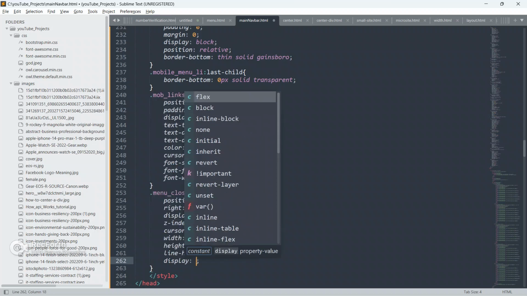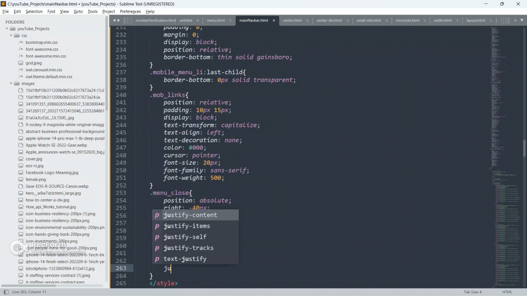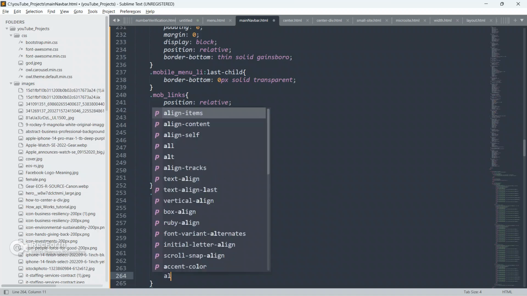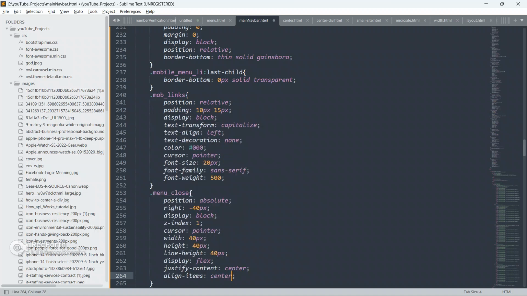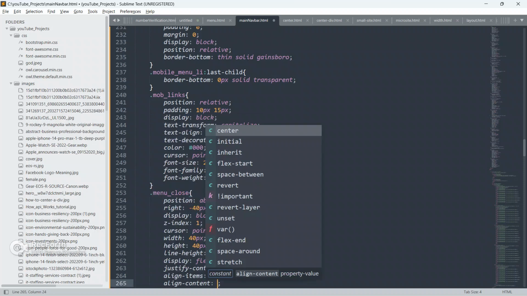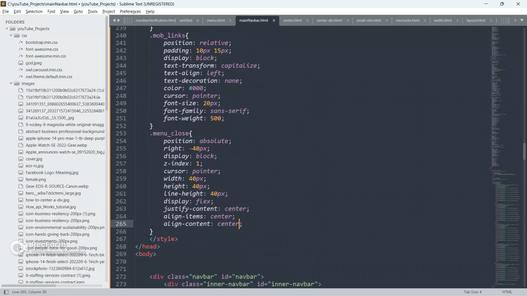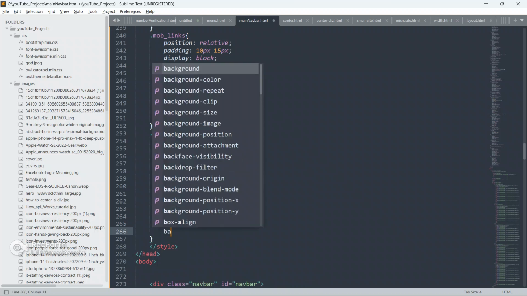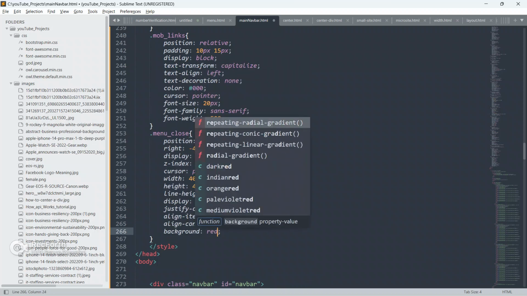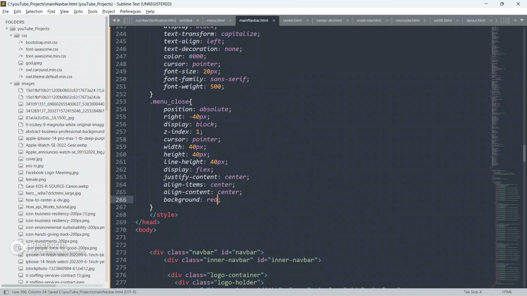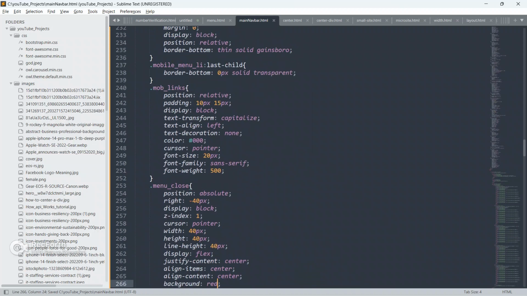Line height also 40 px, give display as flex, justify content center, align items center, align content also center, and give background color as red. Okay, so